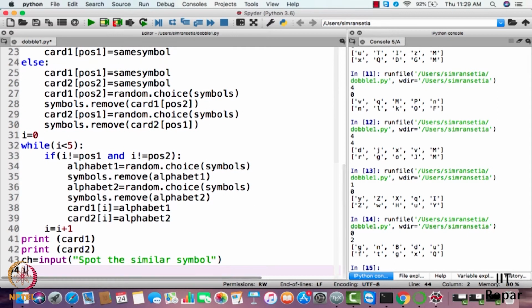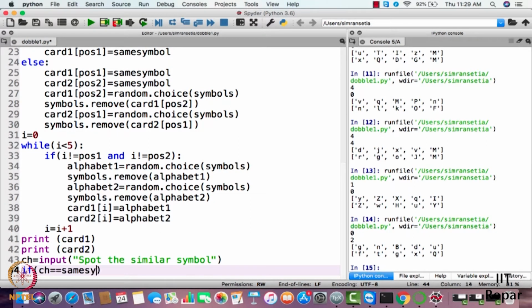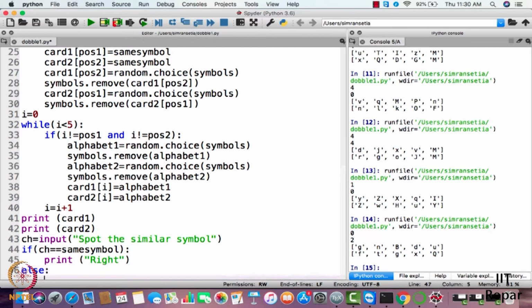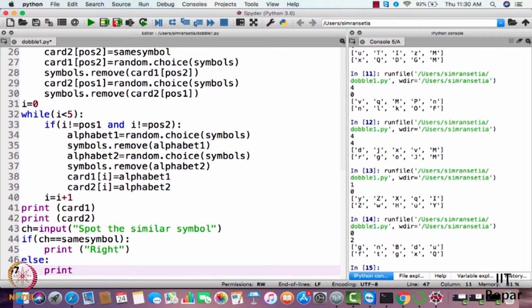Okay, if ch is equal to same symbol, then you just write print right, else print wrong.